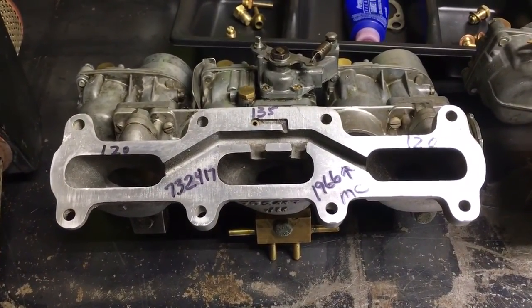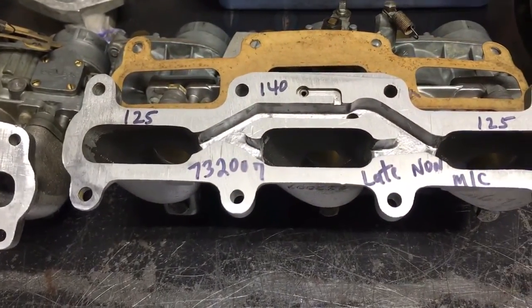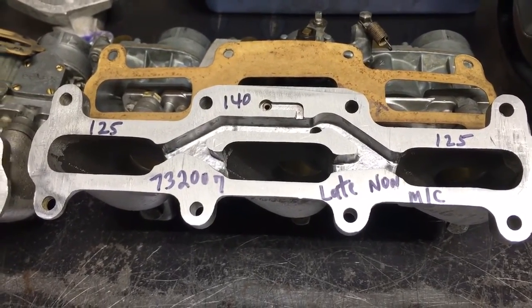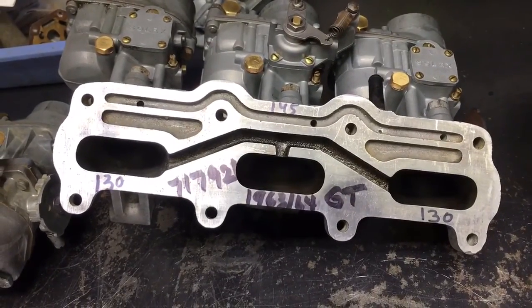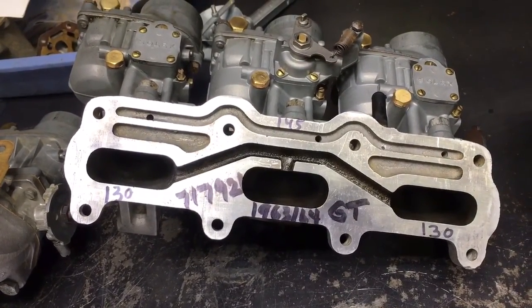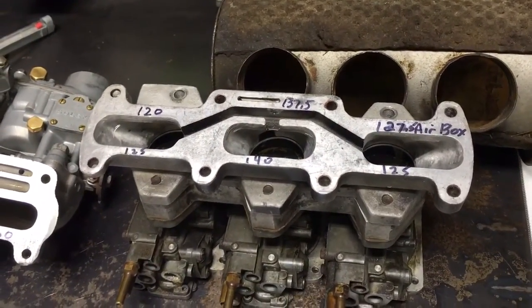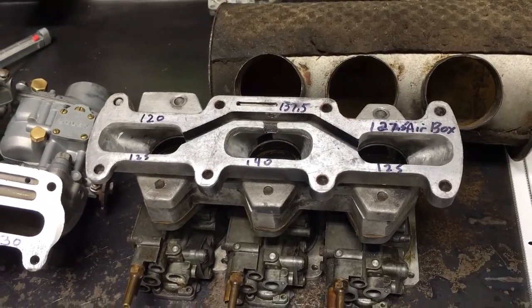73-24-17, which is your later Monte Carlo. Here's your earlier Monte Carlo, the 73-1098. Then you've got your later version of the non-Monte Carlo, a 73-2007. And then you have your GT, which is your first triple carb made, the 717-921. And then lastly, you've got the Sonett side drafts, which are the preferred choice for Saab carburetors at this